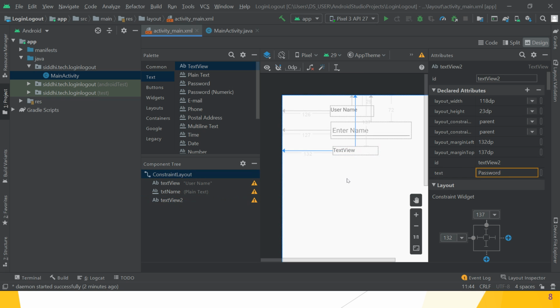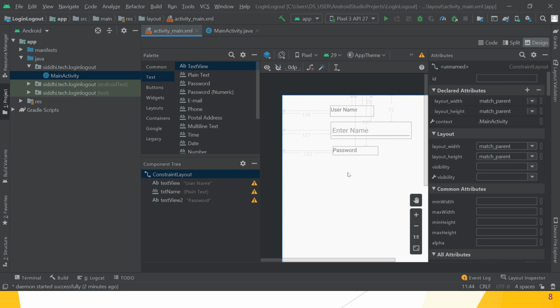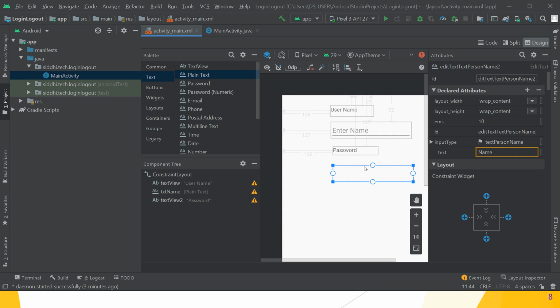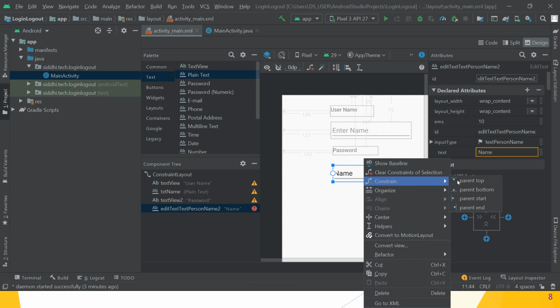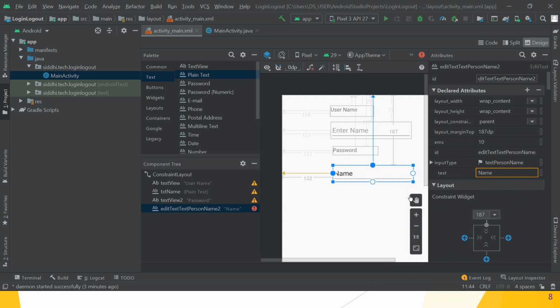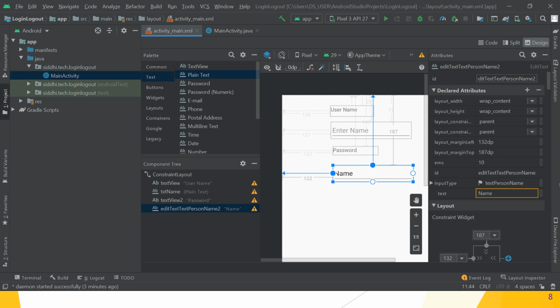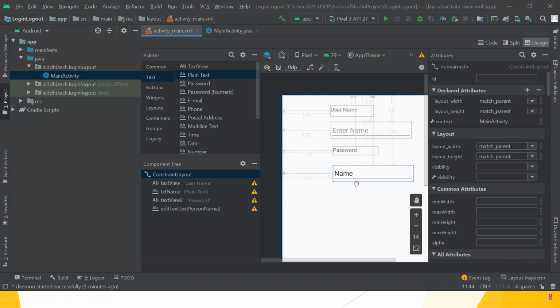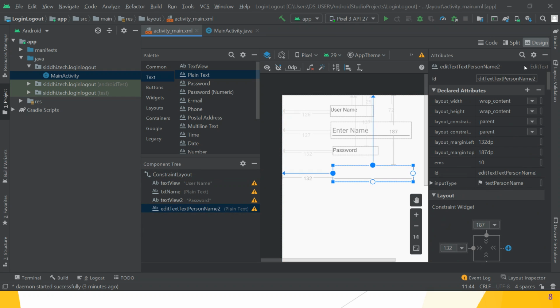Enter password, or just password. After that, choose one plain text, arrange it properly, then give constraint from parent top and from parent start. Great. So remove the initial text on that plain text view.